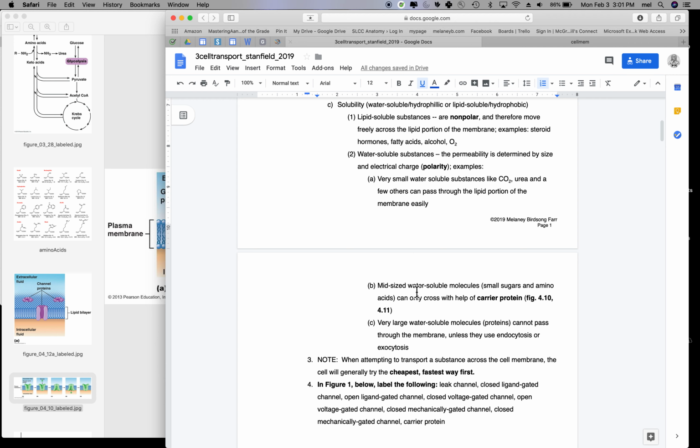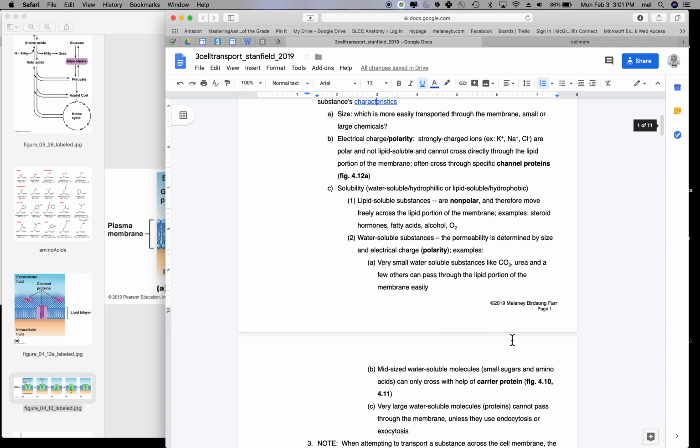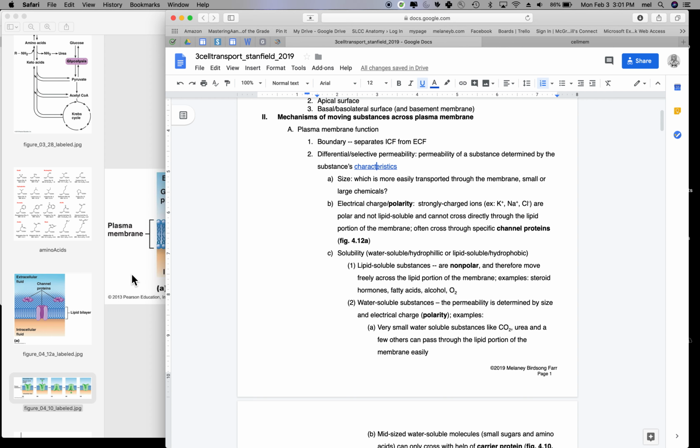This is what we call vesicular transport, and it's energetically expensive and pretty slow. Okay, so now let's go back to this for just a second. I am trying to transport a substance across the cell membrane. How do I predict whether I would do